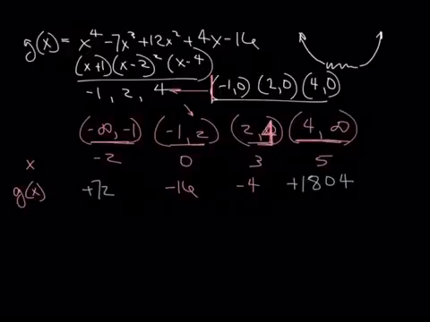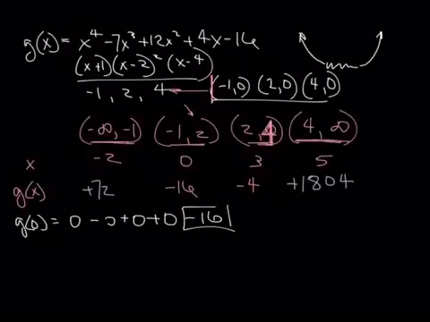All right, so again we find the y-intercept. So let's go ahead and do that. So y-intercept means for g of x is 0. We get x to the fourth, so 0 to the fourth minus 7 times 0 to the third, plus 12 times 0, plus 4 times 0, minus 16. So there is my